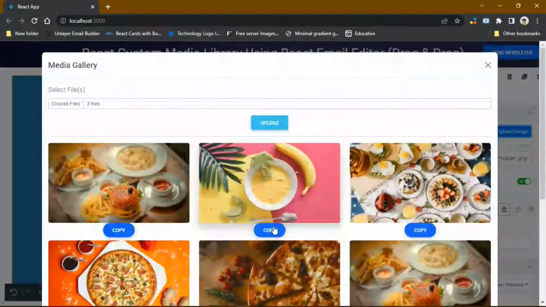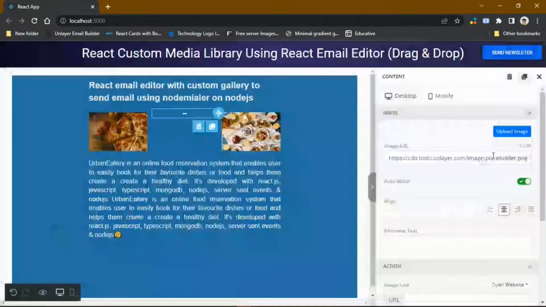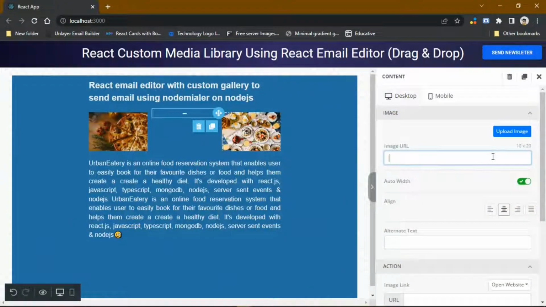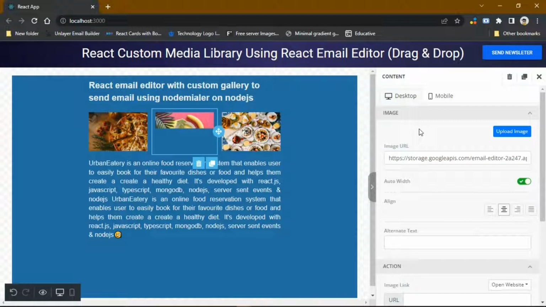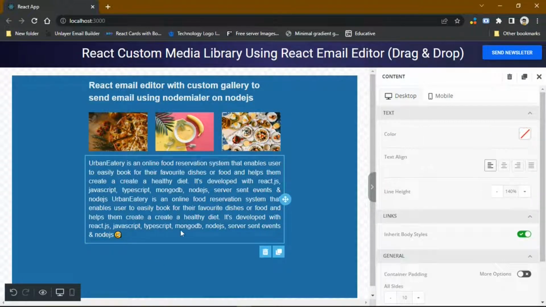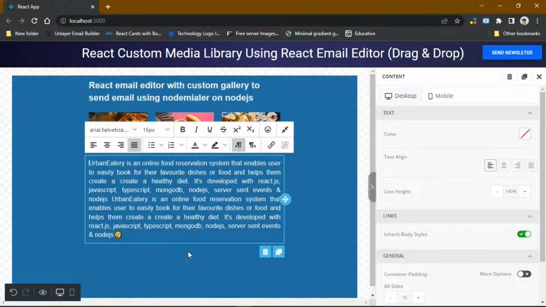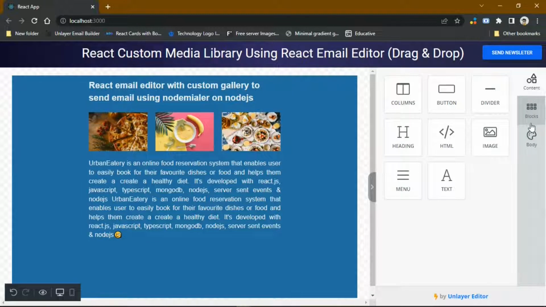From here we can copy any of these image URLs, we can upload, close this one, then highlight this one, remove the link, and paste the link over here. The image will be automatically loaded. So after this, if we still want to add another block below to continue designing, we can just come under block,